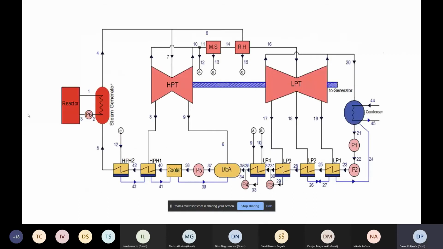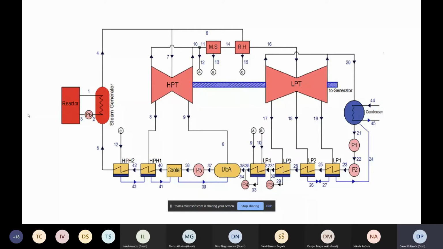Now I would like to tell you more about the process in the plant. An immense amount of energy is generated in the reactor, and the energy is used to generate steam, which is then used to generate useful work in the turbines. The steam expands in the high pressure turbine, and the moisture is separated after the high pressure turbine. The steam is then reheated, and it expands again in the low pressure turbine, after which it condenses in the